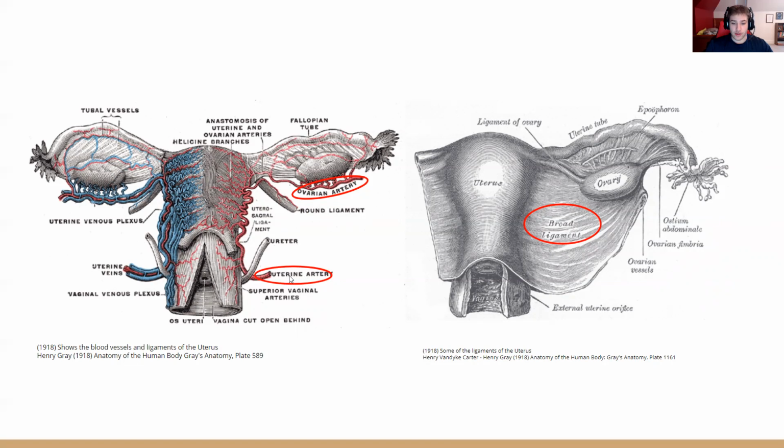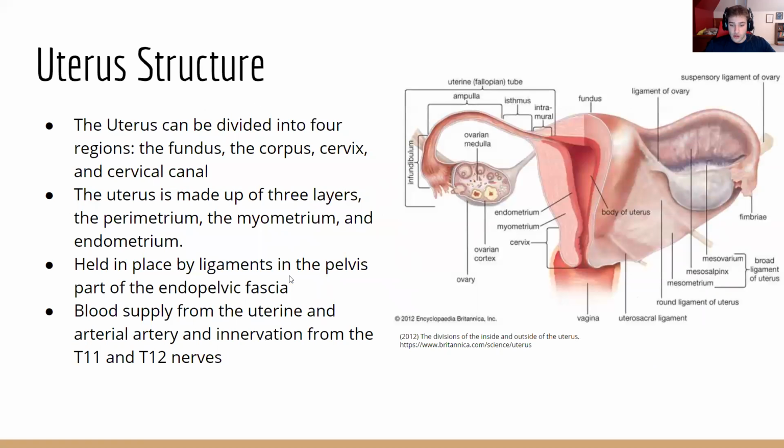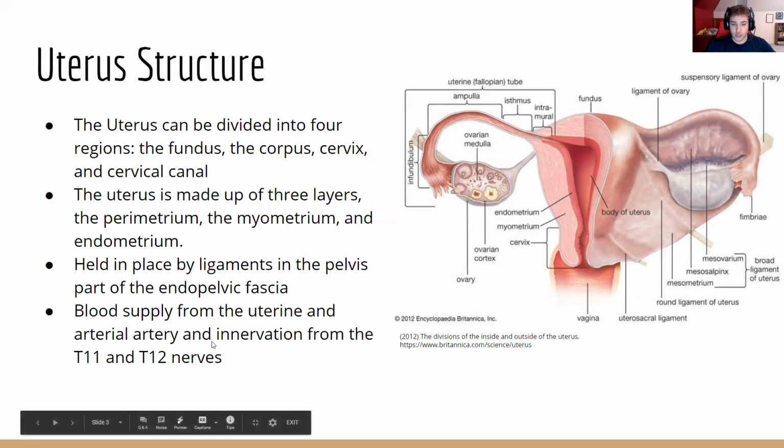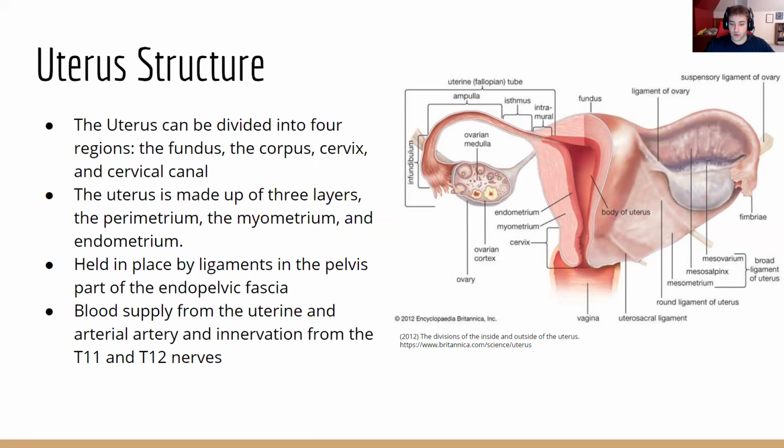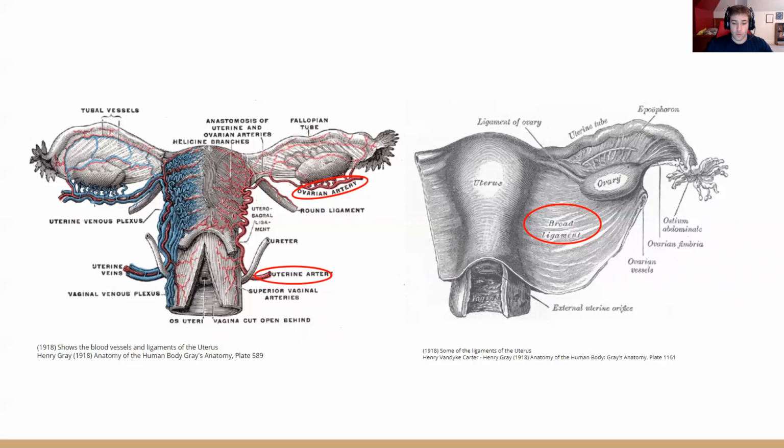Additionally, as shown in the slide before, the uterus is innervated by the spinal nerves T11 and T12, which stands for thoracic nerve 11 and thoracic nerve 12. This makes sense as those nerves are at the bottom of the spinal cord and have quick access to the uterus. On the right side of the slide, we are able to see an example of these ligaments talked about